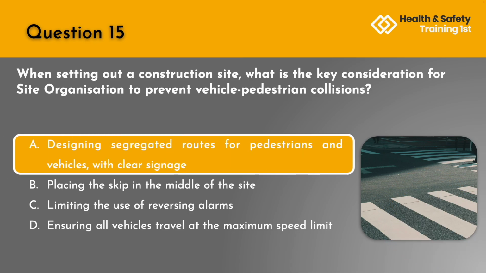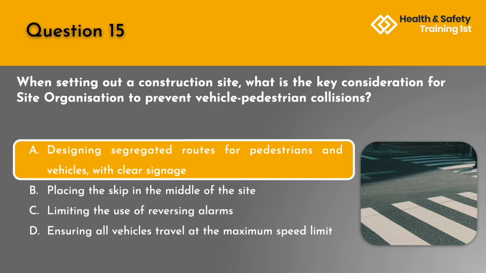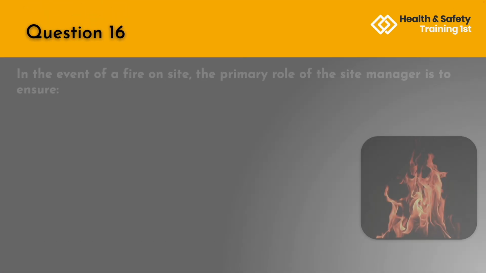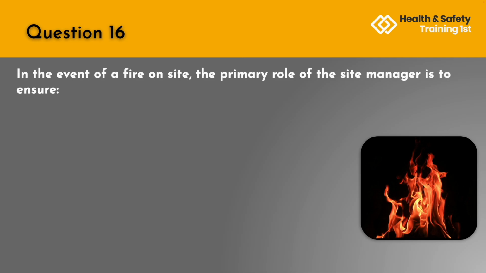The correct answer is A. Designing segregated routes for pedestrians and vehicles with clear signage. Question 16. In the event of a fire on site, the primary role of the site manager is to ensure